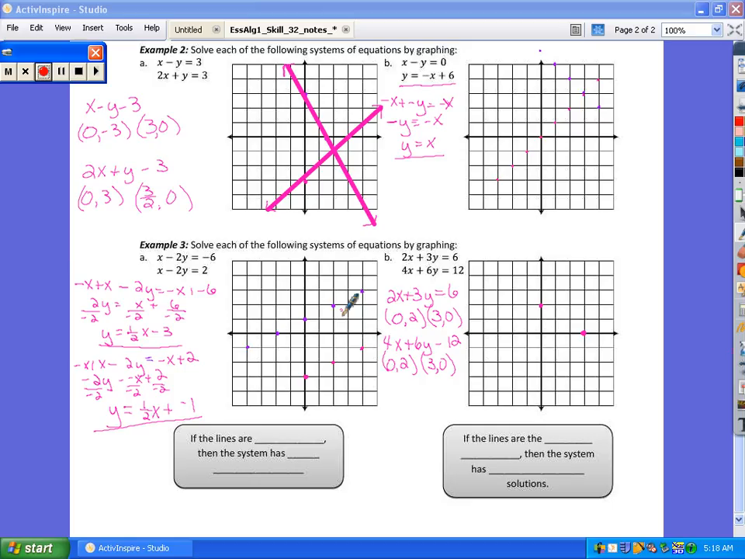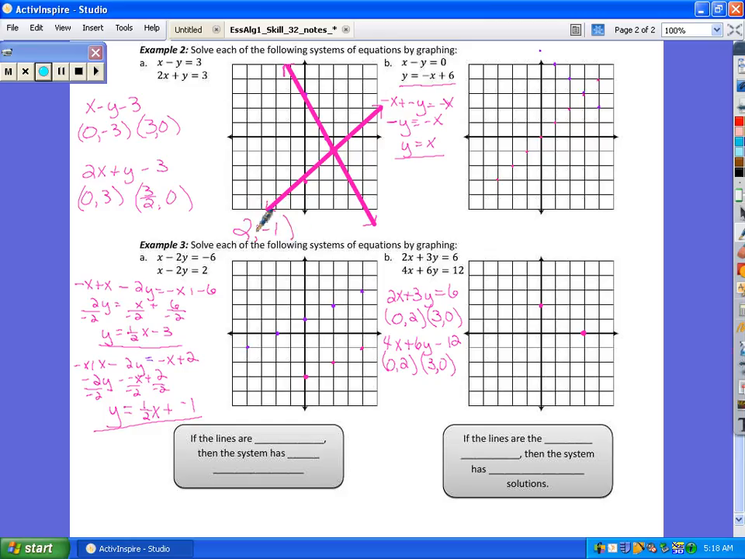This is part 2 of Skill 32, and I have used a variety of methods to graph. I went ahead and graphed the first one by using the x and y intercepts for both equations. And again, the graph is not the answer. The answer is their point of intersection. So these two lines intersect right there at that point, and that point is (2,